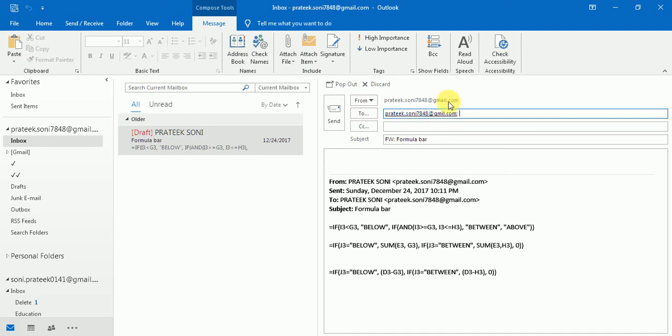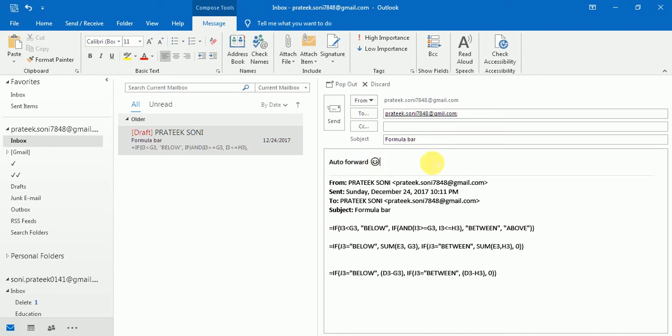Both email IDs are the same, From and To are the same, but I am not writing anything in CC, and in subject it is formula bar. And let me write auto forward. Now there is no email ID in CC like this email ID, and an email will go to this email ID automatically.